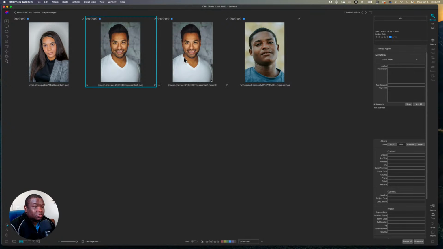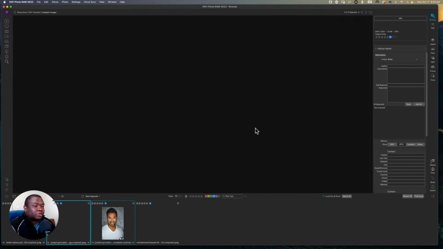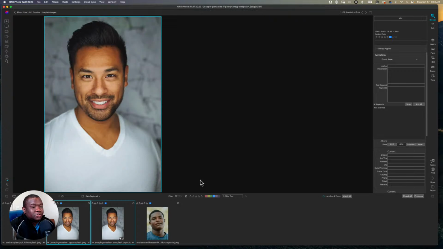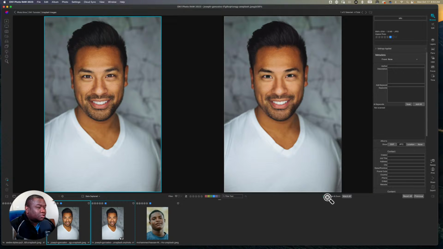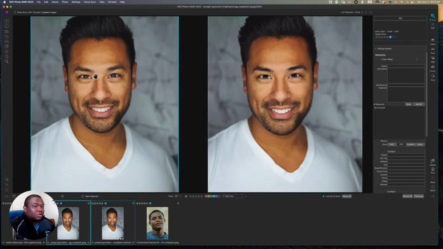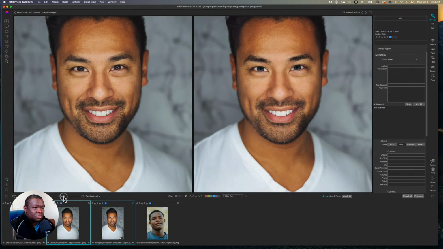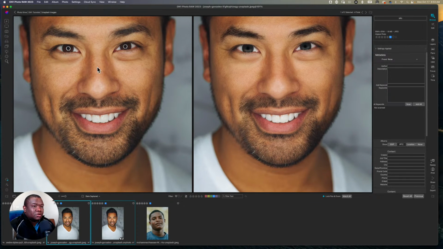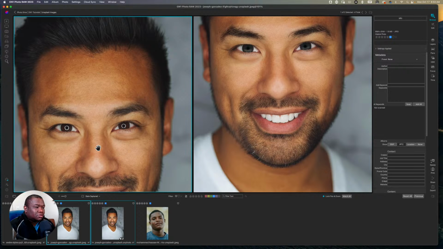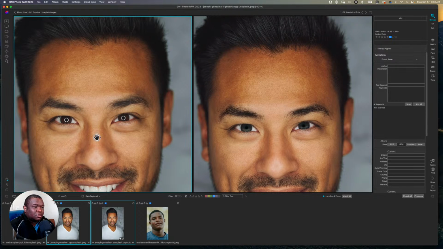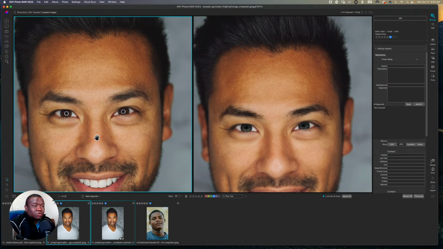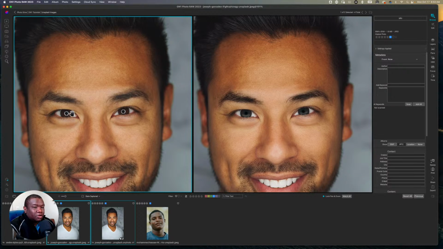So if I were to, let's just go ahead and shift select there, and we'll do a comparison between the two. So, and we'll do lock and zoom, and we'll zoom in. Can I go further? I think I can. We'll go a little bit further, because we're only focused on looking at the eyes. Oh, okay. I was about to say, why didn't it pan? All right. So because we're only focused on looking at the eyes, if you look over here, you can see